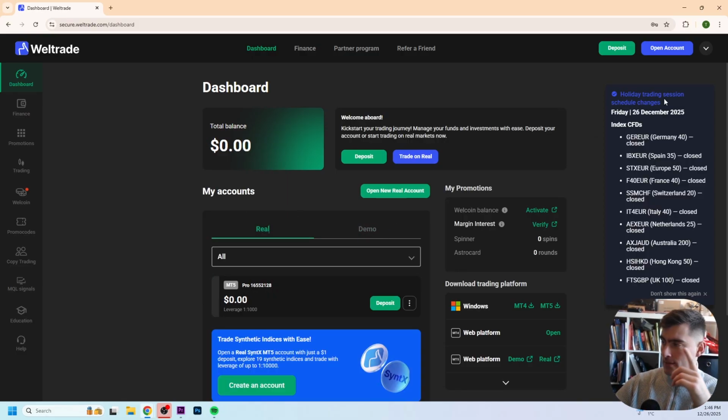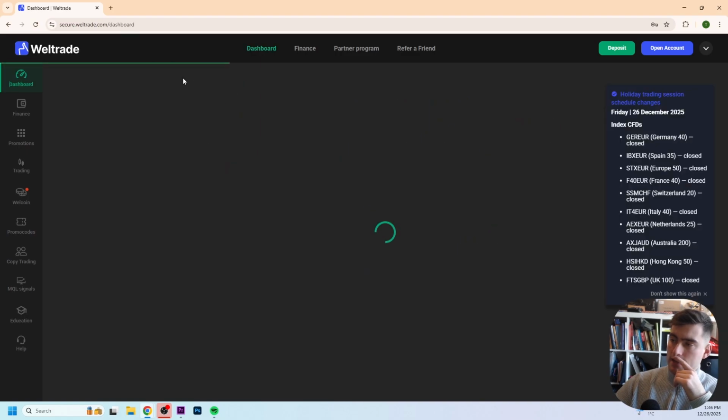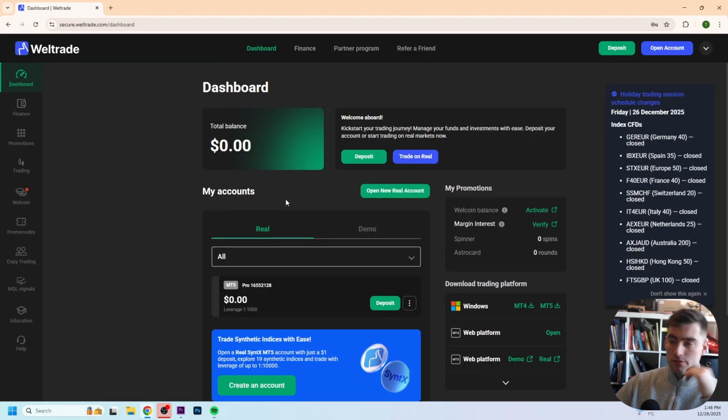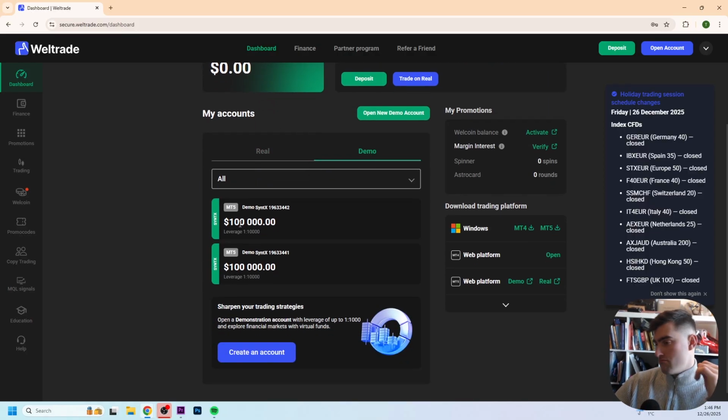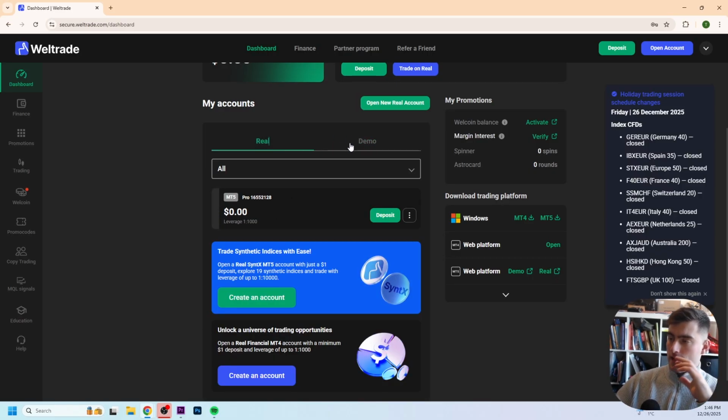You can create a demo account by clicking here on open account, and then selecting demo and clicking open account. Then you can start trading with a demo account. That is better when you're new. You can try things. You can put really big numbers for a trade without using your own money. So I can give you advice: create a demo account to start with, and then you can play with